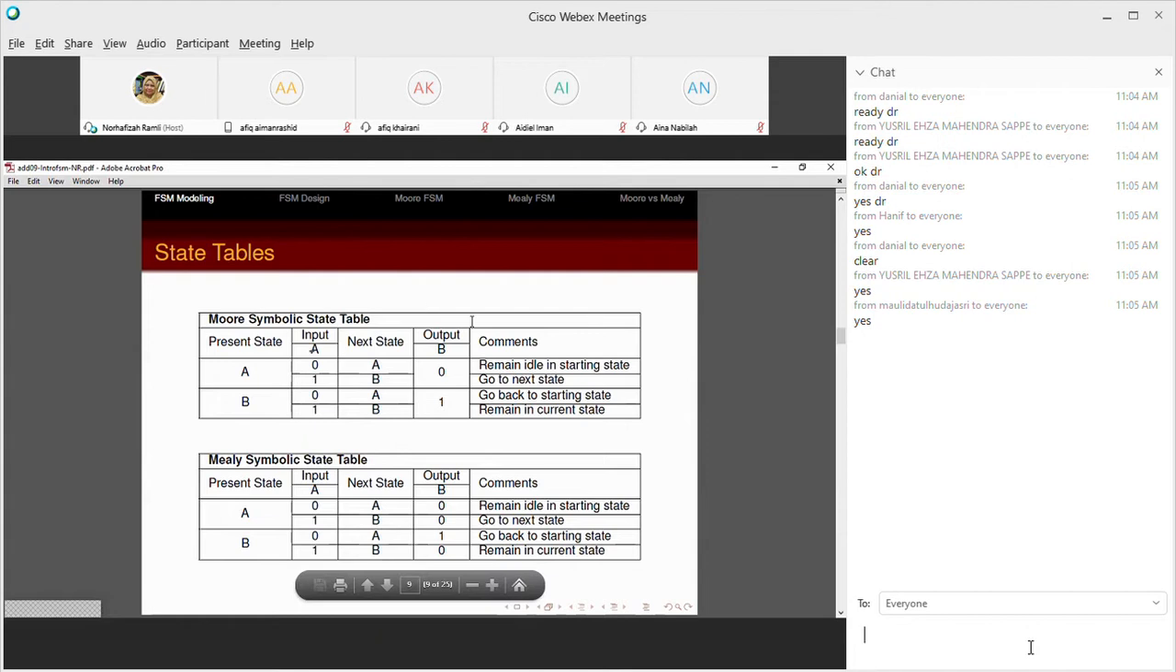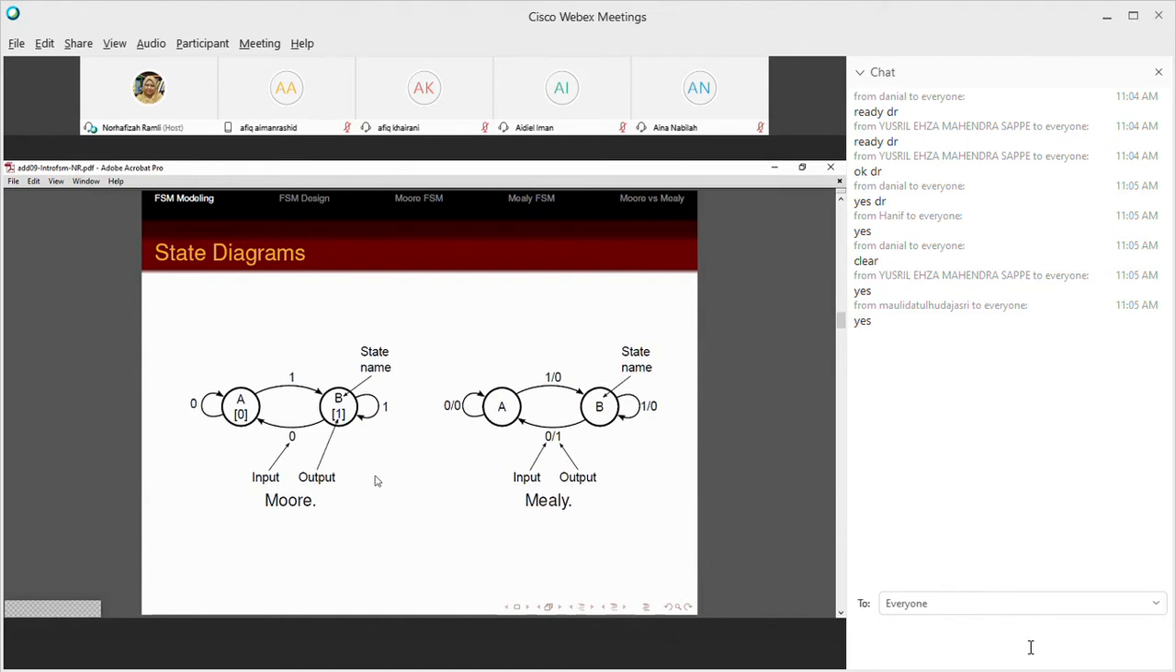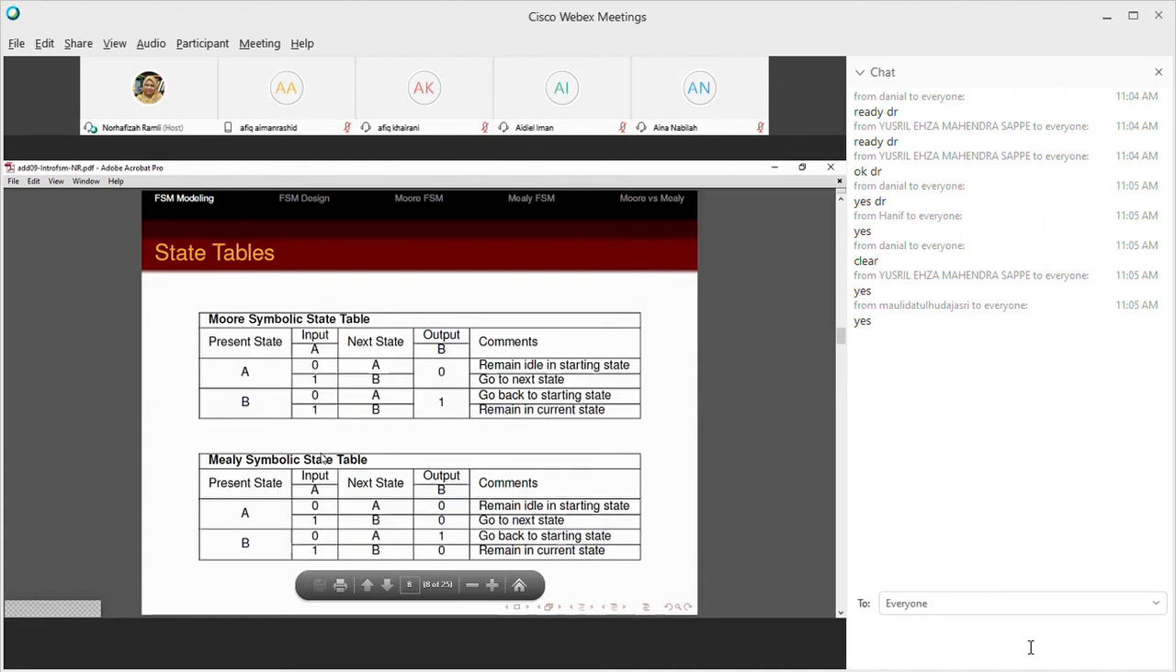Okay. So what happens is that if your input is 0, you go back to state A. If it's 1, go to B. Exactly as in the diagram. So whatever you have here, or something that is missing here, you will clearly interpret it here. Okay. So the obvious difference between the Moore and the Mealy machine